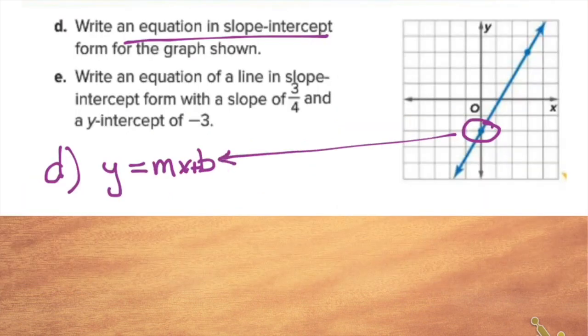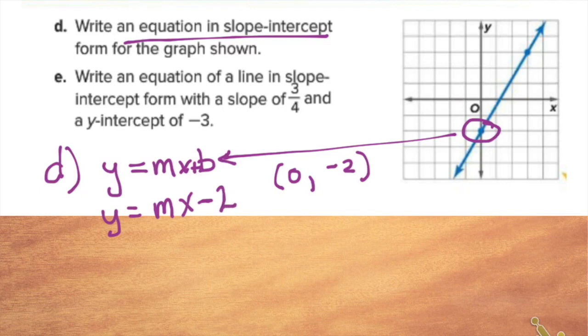The y-intercept is your b value, and that is at (0, -2). And so we're going to plug that in for the b value, and that would be a -2. And then we want to look at the slope. And the slope of this line is going up